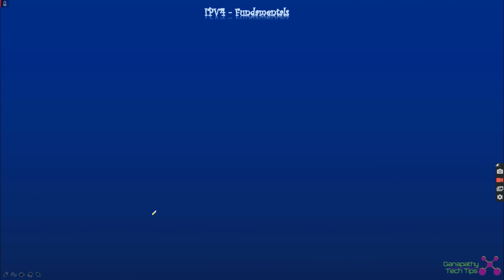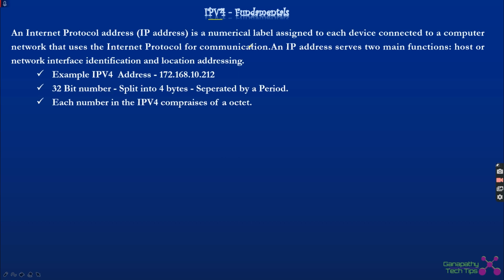To start, first we need to understand IPv4. What is IPv4 and what are the use cases? Simply, an IP is an internet protocol address which is used to identify a device which is connected to a network. To provide an example, let's take the internet.